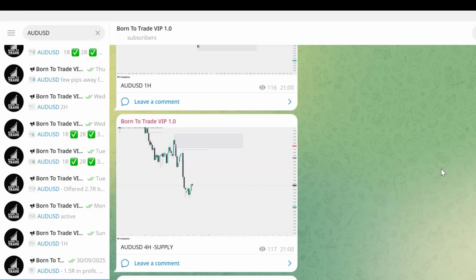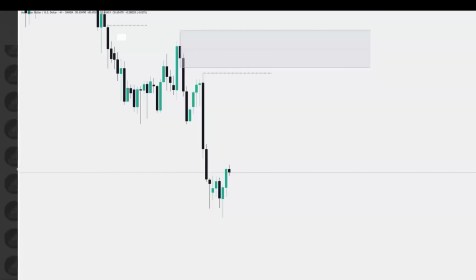Because I won the trade, it doesn't mean it was an easy trade to identify and take. It takes a lot of decision to identify this kind of trades. So this is the trade. AUD USD 4 hours time frame, and this is what the trade looks like when it was identified. It's actually the first trade opportunity because we had three different trades on this same pair in the last 2